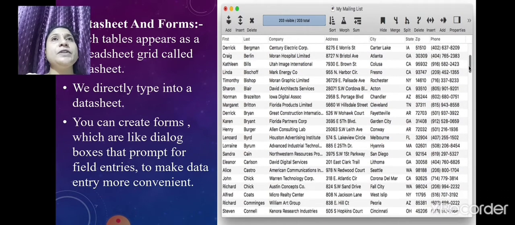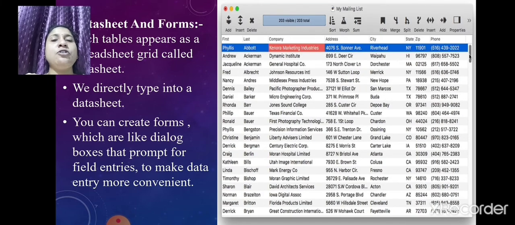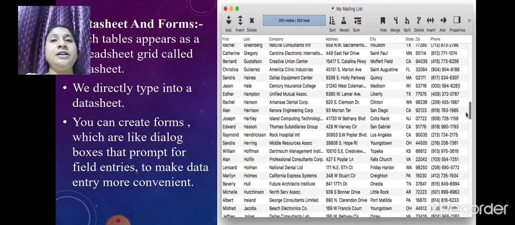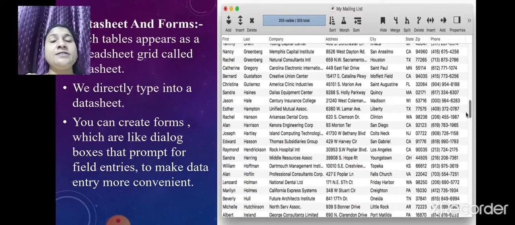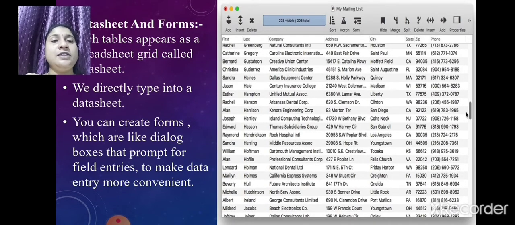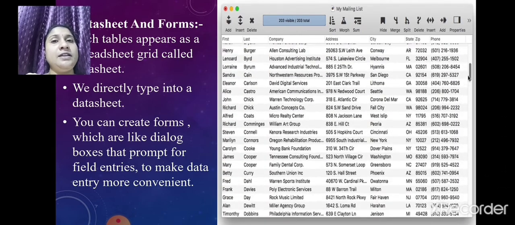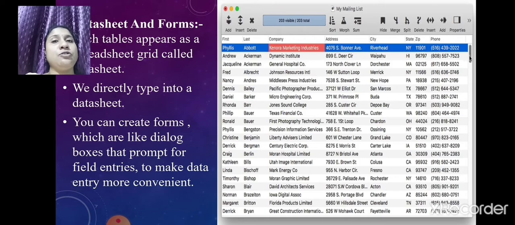Like you have seen in your school, when your parents went to pay the fees, they just type your ID number in the dialog box, and all your record appears in front of them: the name of the student, which class, the address, how many fees are remaining. So you can create forms, which are like dialog boxes.